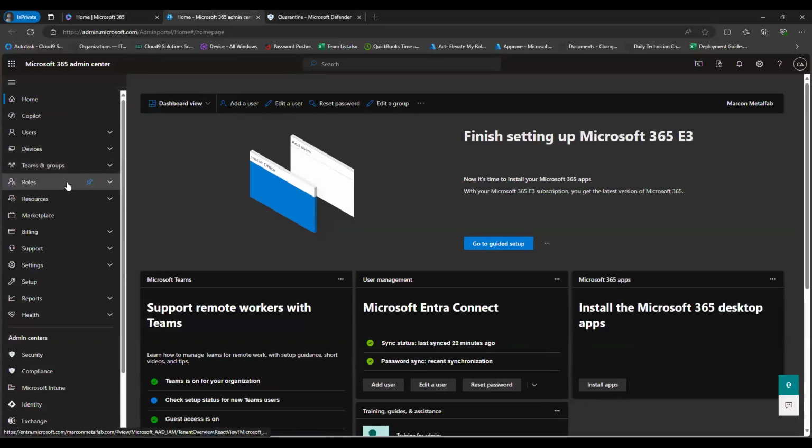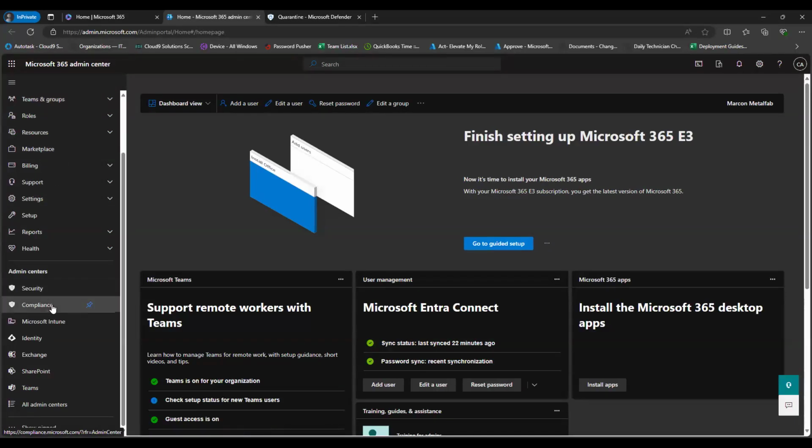The admin center, generally to the security compliance intern. SharePoint, Teams. Okay. Meanwhile,